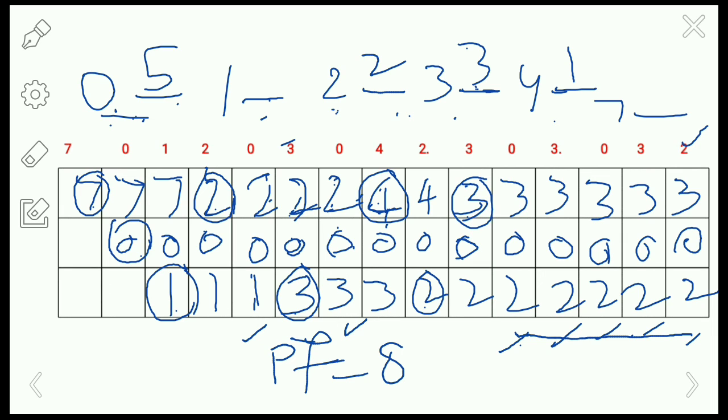We maintain a counter for each and every frame which is active in the main memory. We are going to maintain the counter for the particular frame if and only if it is active in the main memory. If it is not active in the main memory, then the count will automatically become 0. When the page enters the memory frame, we increment the count value, and if the page leaves the frame, we decrement the count value. And if there is the same count for 2 or more pages, then we apply the FIFO policy, that is first in first out. So we remove the oldest page from the main memory.